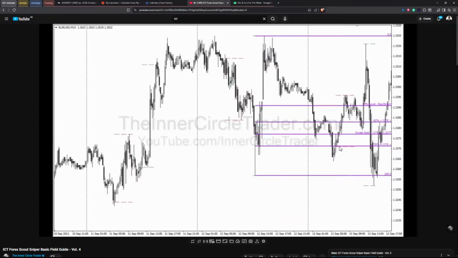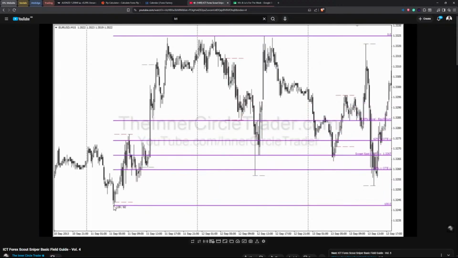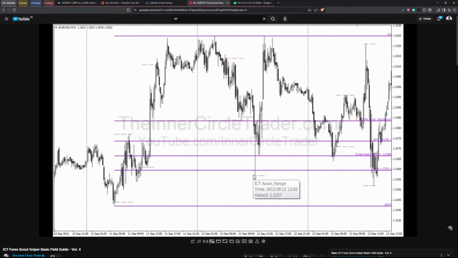Okay, price comes down, deviates the 79 cent retracement briefly, just briefly. Okay, and then gave you a tradable rally in here to the tune of about 25 pips. There's nothing wrong with that. And if you consider the overall range of this price swing from here up to the high, and as it retraces, we had the 79 here and the 70.5 level here, respectively. And then look, it came down one more time, found the 79 cent retracement level as well, one more time, bouncing off it like we did here.